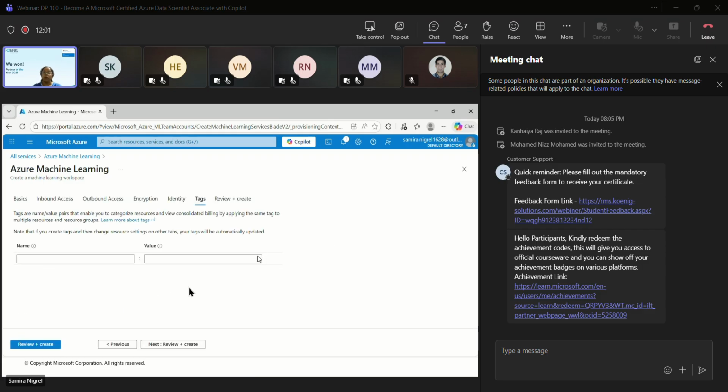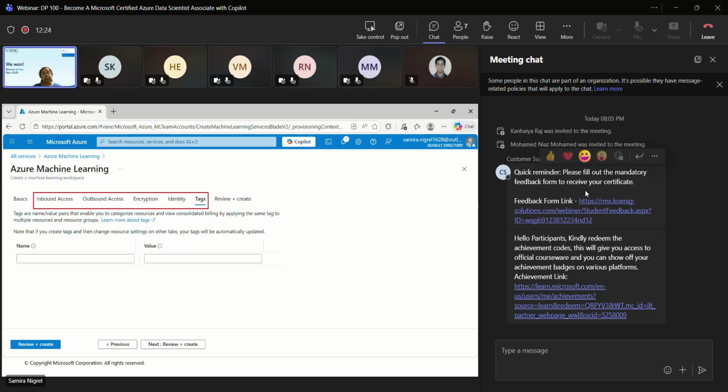And there is a tag. Now let us assume that this particular resource is shared by multiple different users or VPs. If you want team-wise billing segregation, to do that, a name and value pair is required. So a consolidated billing can be created.